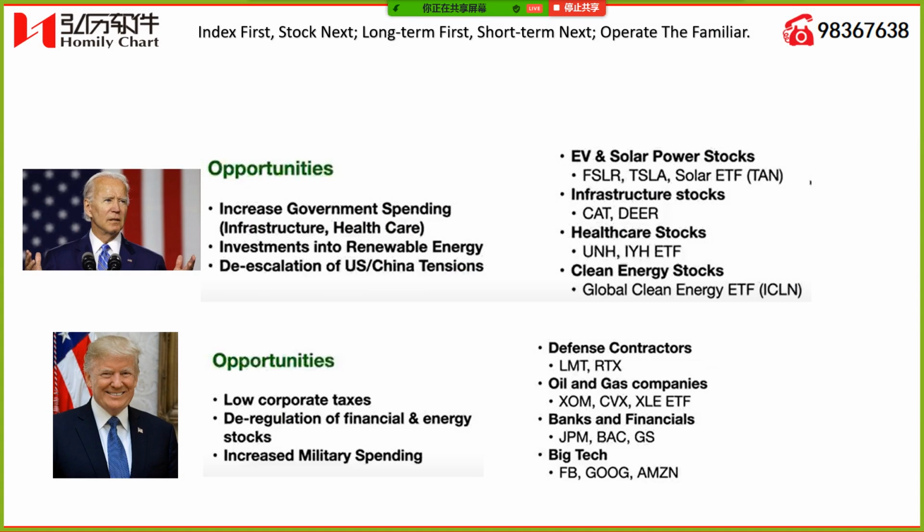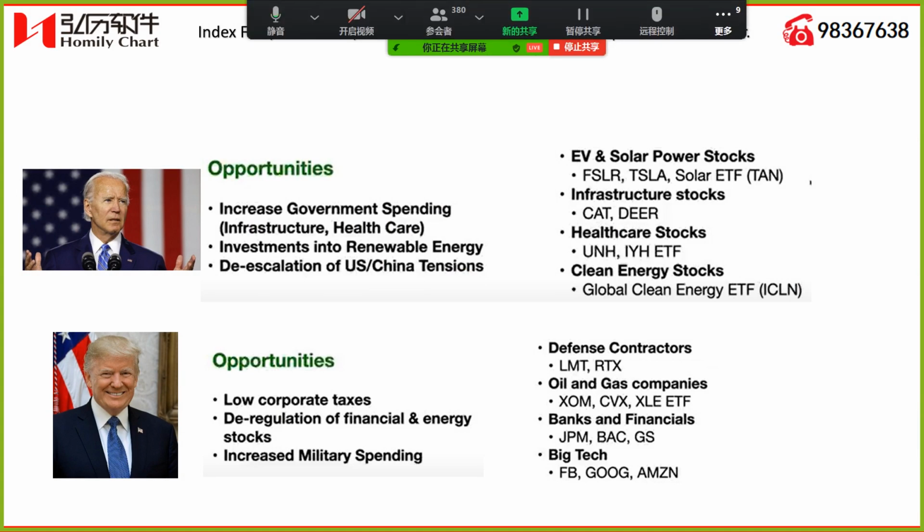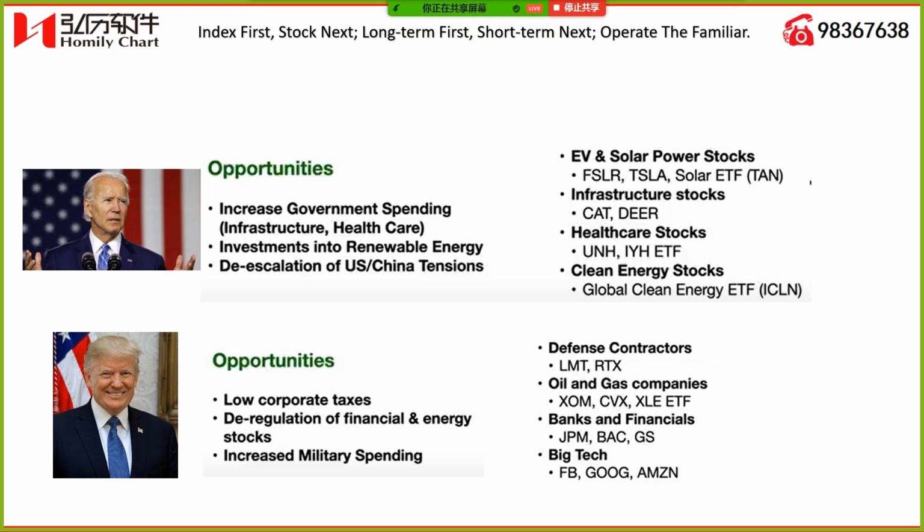Okay, because I have already shared with you the turning point in the last session. Okay, I will repeat. Before we continue to check the timing, why is the turning point around the 9th of November or 22nd of November? Let us have a look at the summary of the sectors that benefit depending on who will win